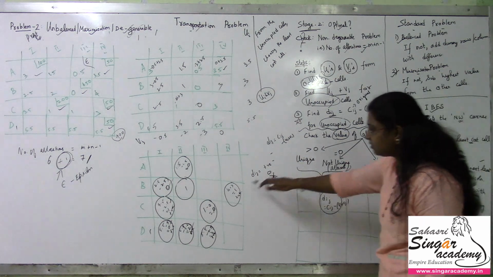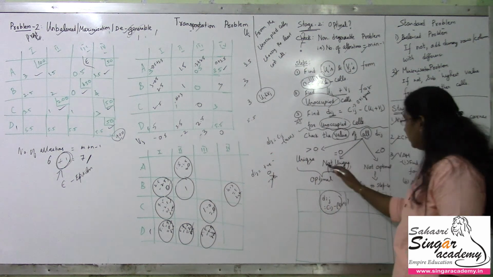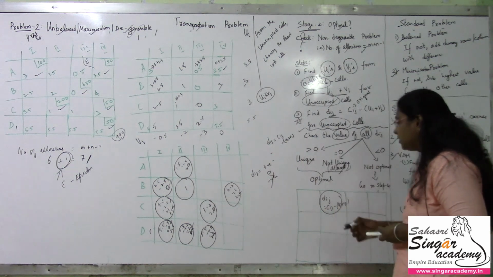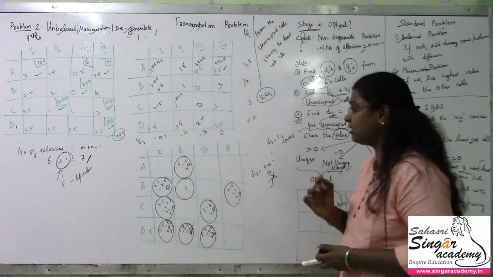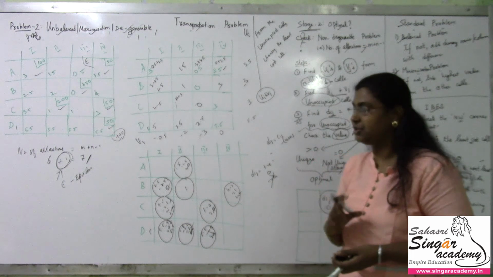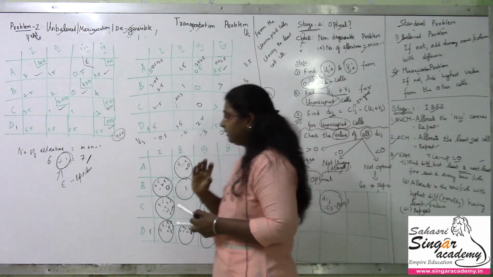Yes, even one happens to be 0. So equal to 0 means the problem is not unique here. So we have some alternate solutions. You need not go for the alternate solution, because here our problem is to check the optimality alone. You need not go for finding the alternate solution, not necessary. Is it okay? So we have found the optimal solution and we have to give the final answer.